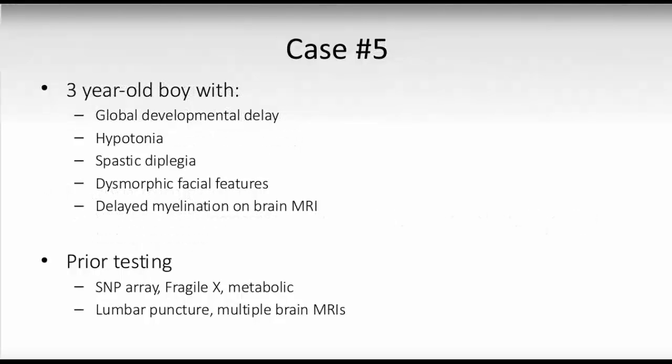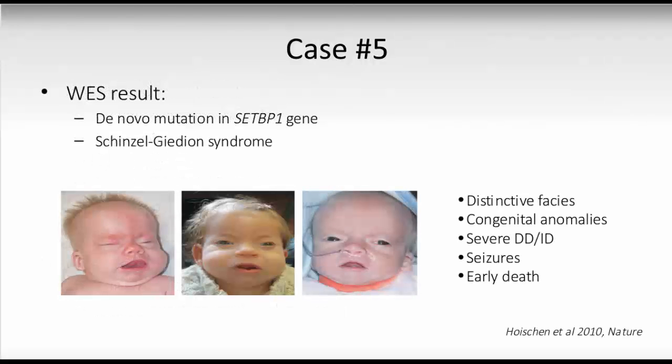The very last case is a boy with global developmental delay and low muscle tone and cerebral palsy and some subtle dysmorphic features whose MRI was pretty much normal. He also had extensive prior testing before the availability of exome sequencing, including multiple MRIs and a lumbar puncture. And after his very long odyssey, never finding a cause, we went with exome sequencing, and he was found to